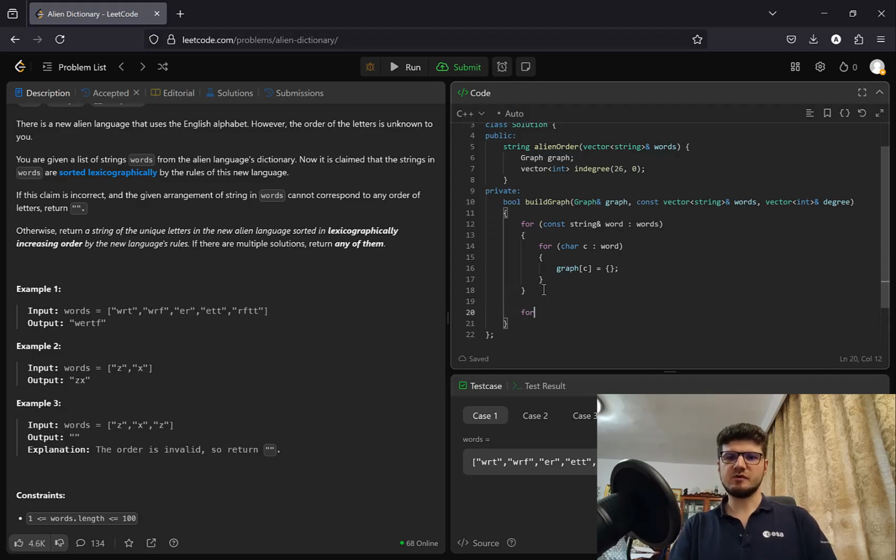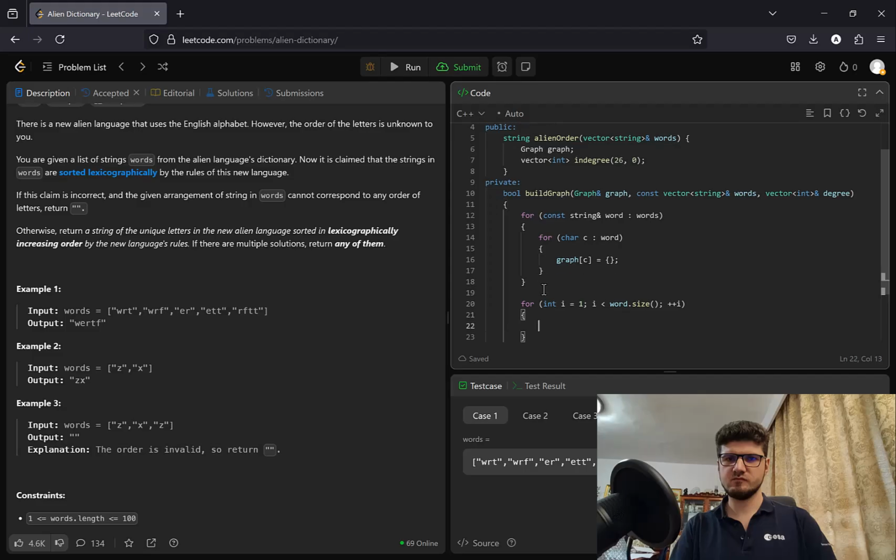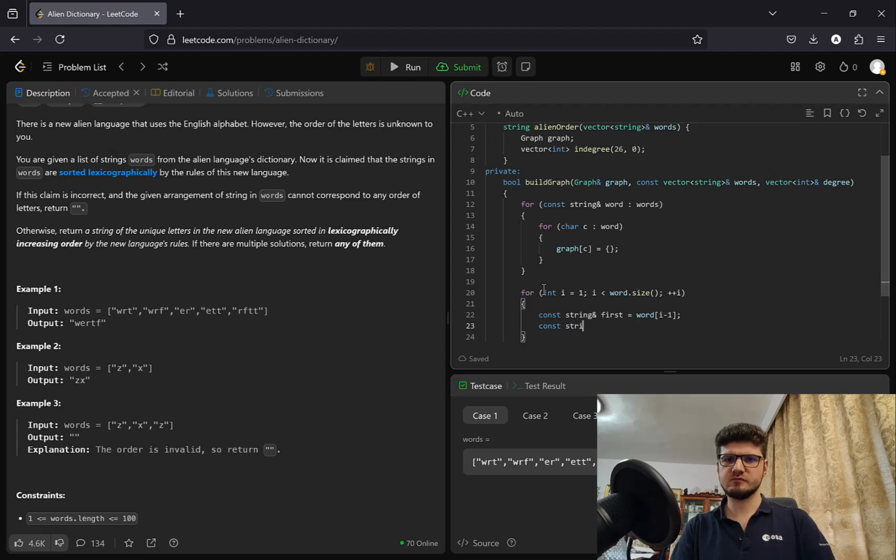And then we process the words. Similar to verifying an alien dictionary. So word of I-1, word of I,